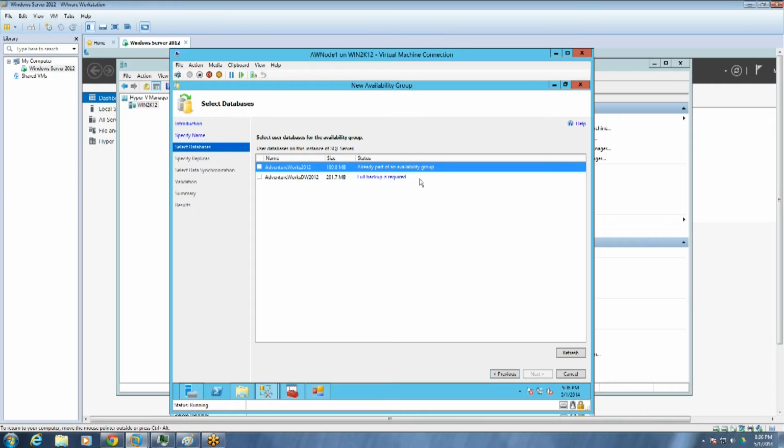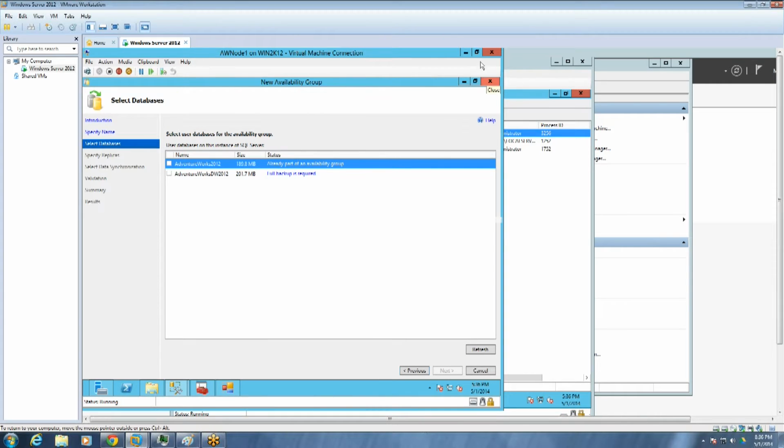So the very first step, again, is to have a full backup. Our first, AdventureWorks 2012, is already in the availability groups. So let's take the second one, and we do need to take the full backup for this one.